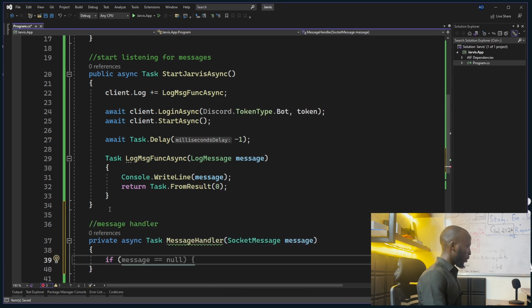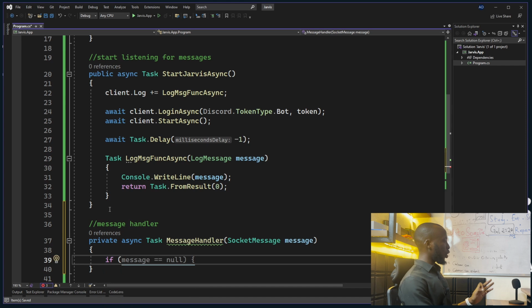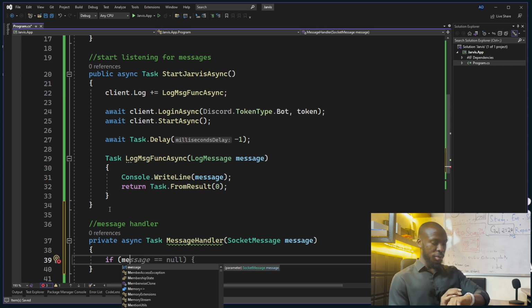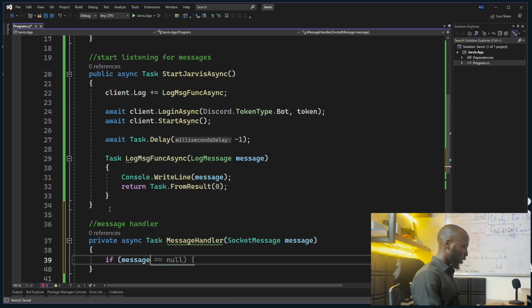The first thing we want to do is check. We have to be sure that the author of this message is not a bot. Because if the author of the message is a bot, we are handling a message from a bot, and that's going to be a problem. That's going to cause an infinite loop, because Jarvis himself is a bot. We have to cater for that. Author,